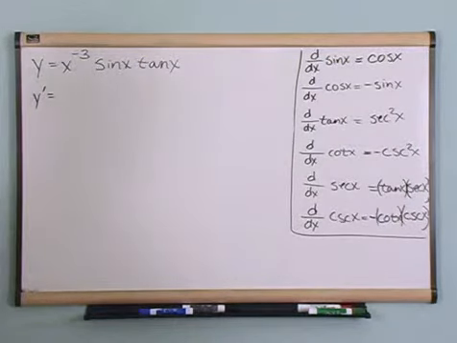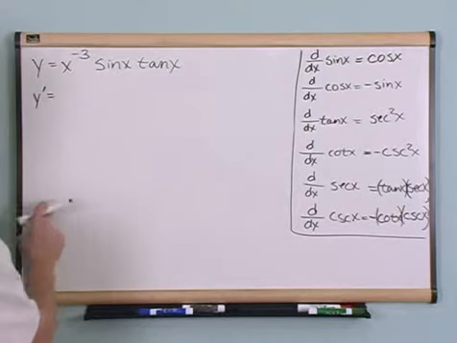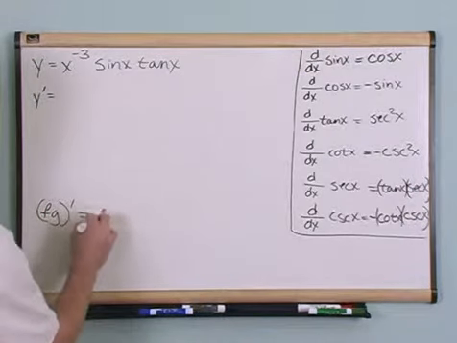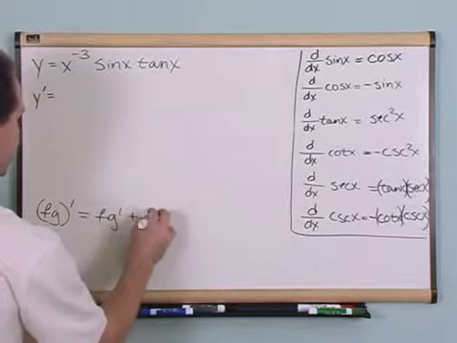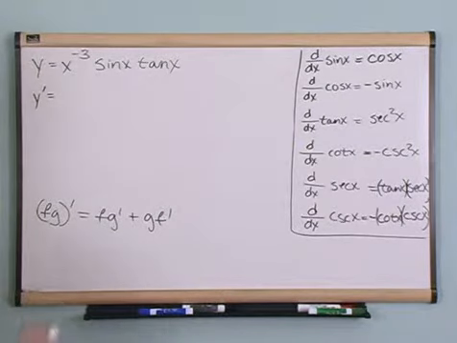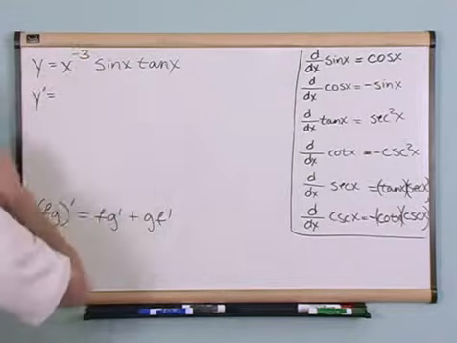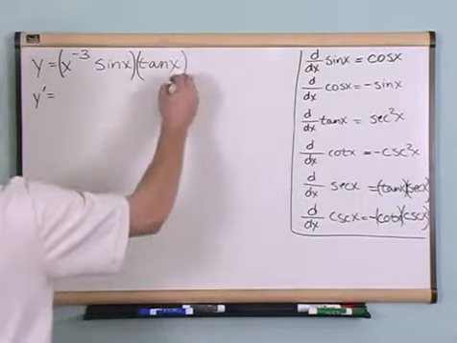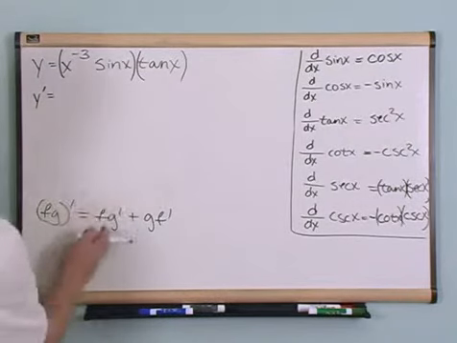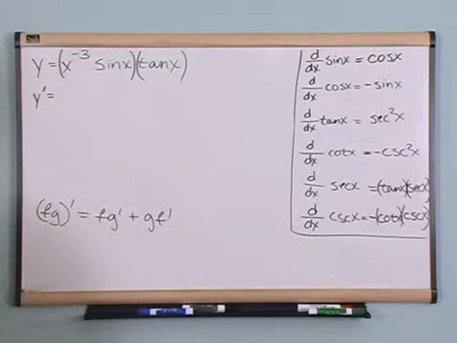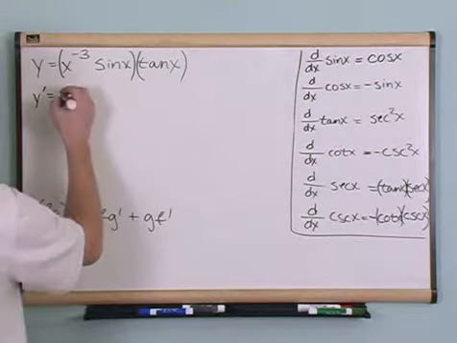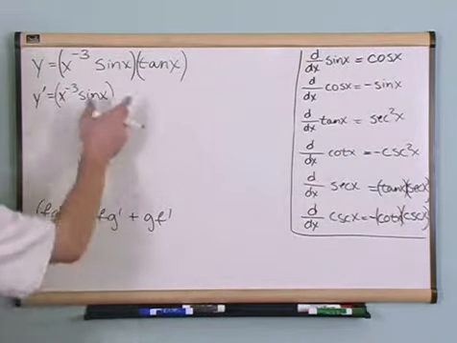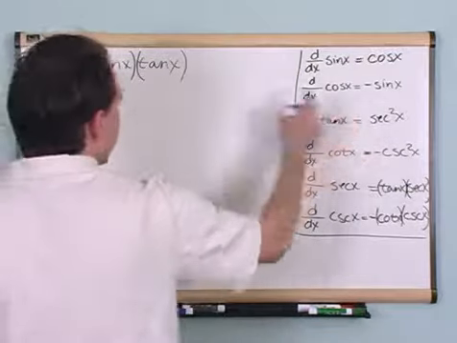Well, my advice to you is, since the rule that you know of so far to take a derivative of 2 things multiplied together would look like this: first times the derivative of the second plus the second times the derivative of the first. That's what we've been working with. My advice to you would be to treat this as 1 term and then treat this as 1 term. So this is your first function here and this is your second function here, and you will see that that's going to help you. So the first term is just x to the minus 3 times sine of x, okay, that's a term, times the derivative of the second term. Derivative of tangent is secant squared,